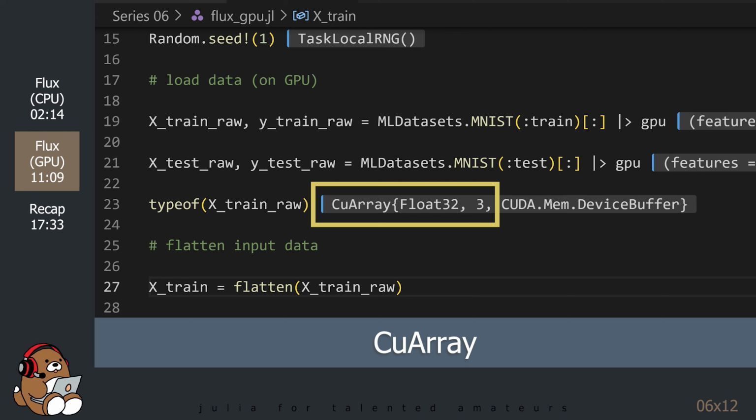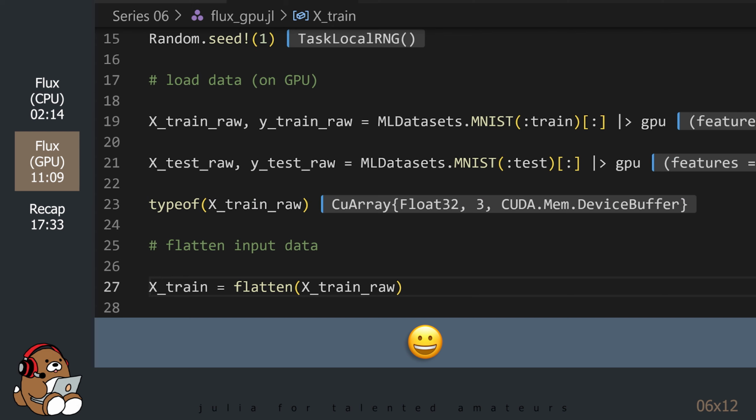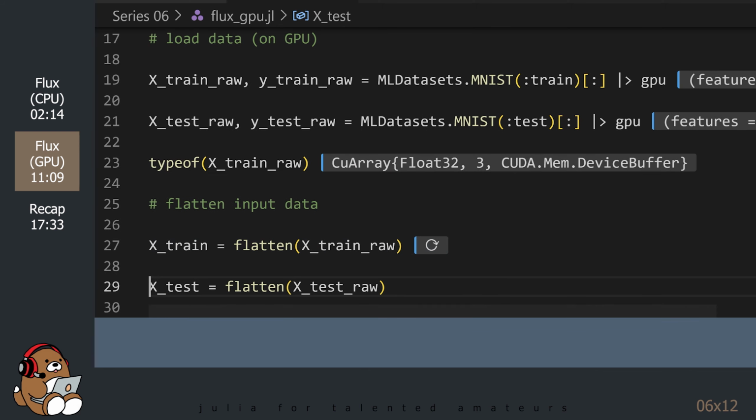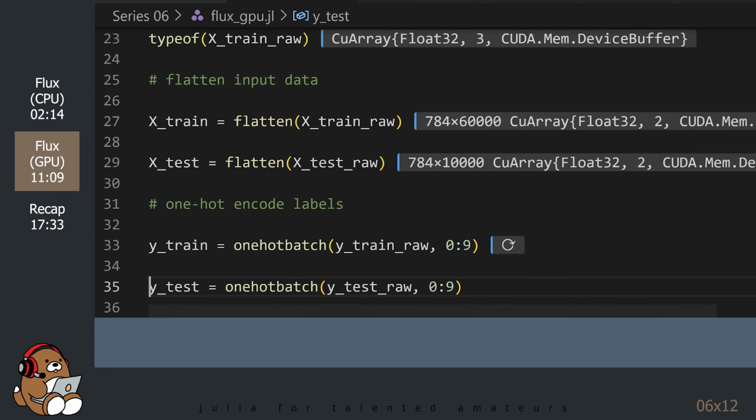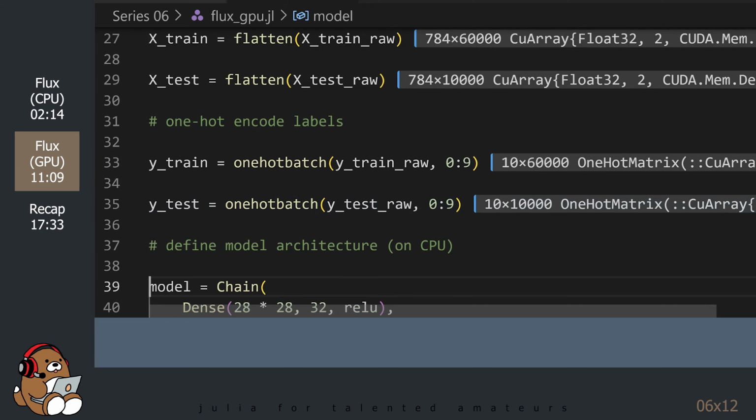Seeing CuArrays tells you that your data is on the GPU and not on the CPU. Simple, right? Flux does all of the heavy lifting for you under the hood. The next 4 lines of data preprocessing are the same, so you can just run them. Notice that all of these are now using the CuArray data structure.